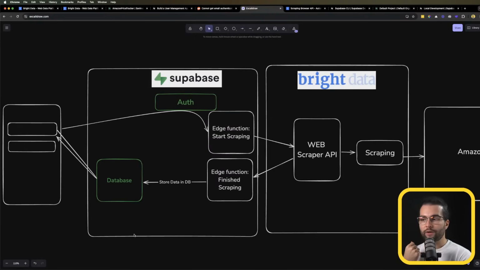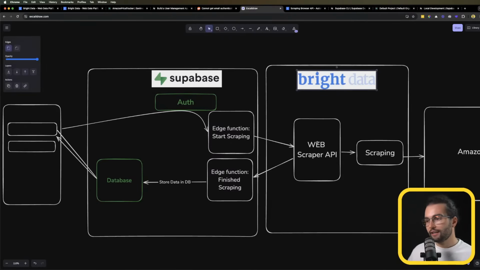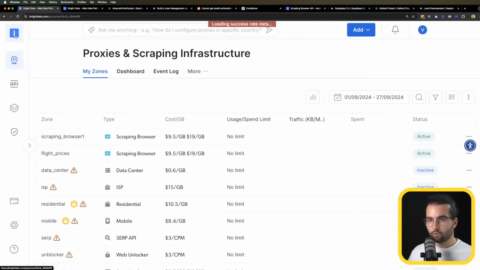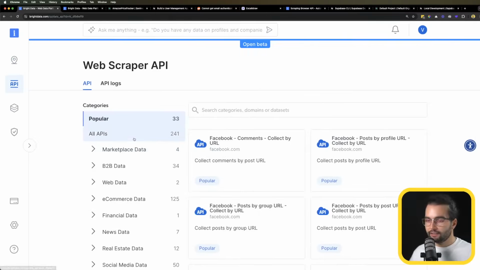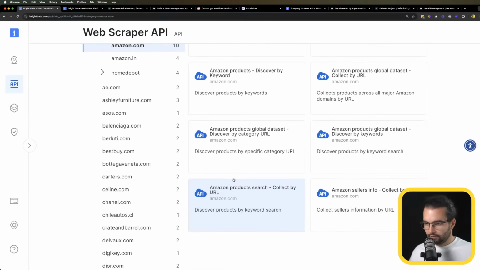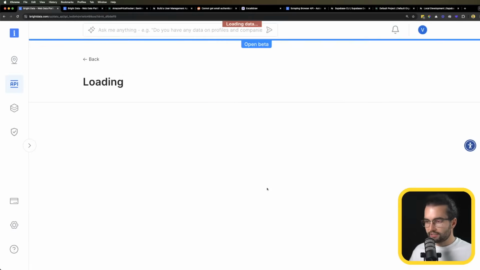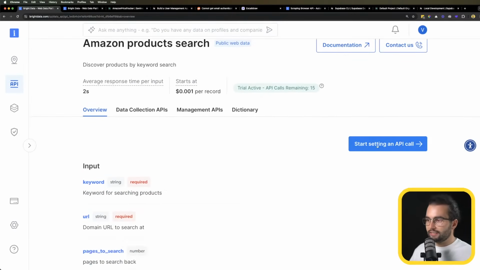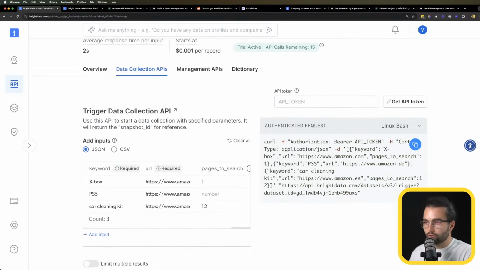Let's think how we're gonna do that. First of all, let's go ahead on BrightData and see how the web scraper API works. So on our BrightData, we're gonna go again under API. We're gonna find the e-commerce Amazon.com and specifically Amazon product search. And there is a button, start setting an API call. This is a helper tool that allows us to